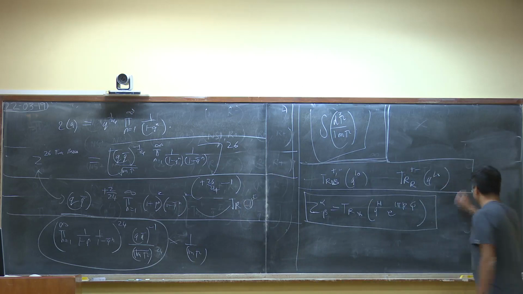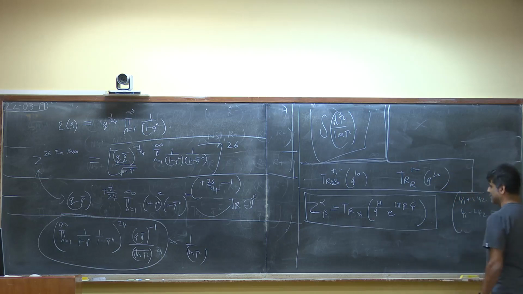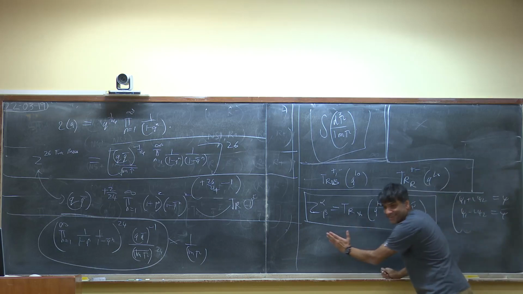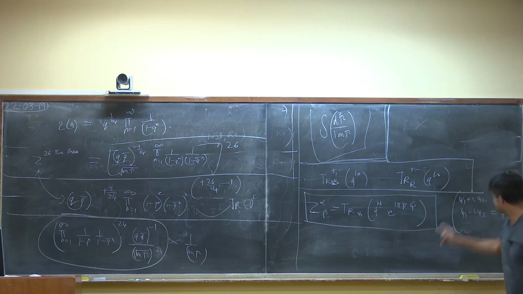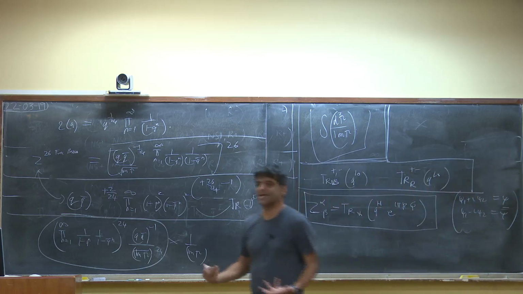Okay, so what we've done is to take psi 1 plus i psi 2 equal to psi, and psi 1 minus i psi 2 equal to psi bar. Now, we're always on the left moving side, okay? When I say psi bar, it's like in the discussion of bosonization. Psi bar is psi 1 minus i psi 2. There's no right mover in sight. Is this clear? Okay, and Q is the operator such that it assigns charge 1 to psi and charge minus 1 to psi bar.